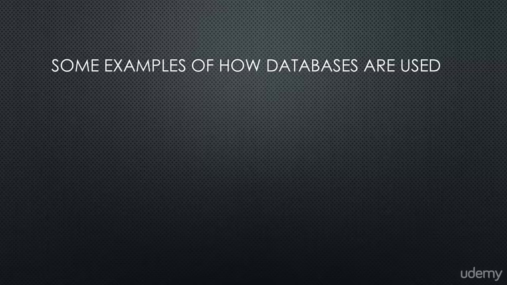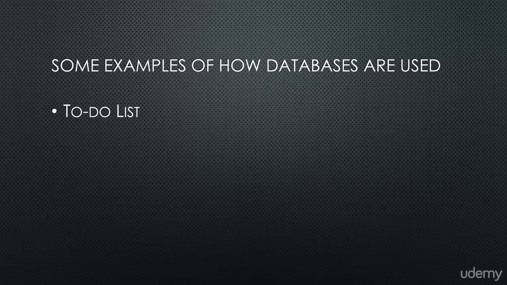So let's talk about some examples of how databases are used. One of the simplest databases I can think of would be a to-do list. This is a list of things that you can have an order to. You can have a date assigned to a to-do list. You can do all kinds of things with a to-do list, but a to-do list would be a simple database,